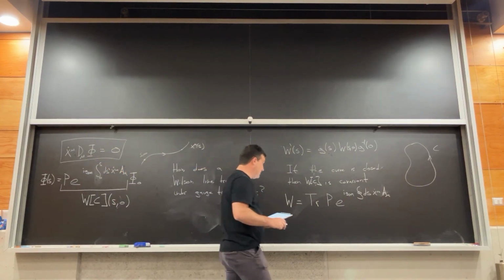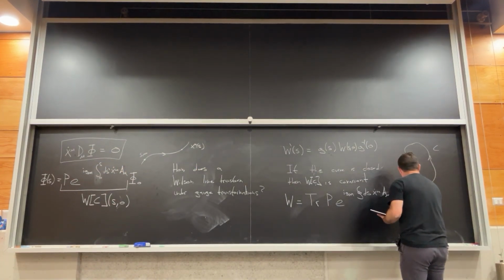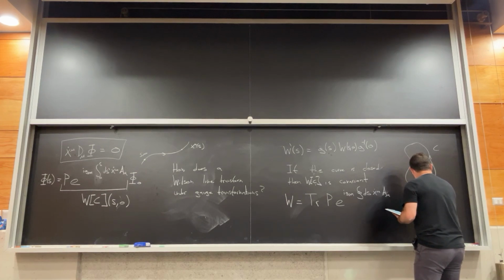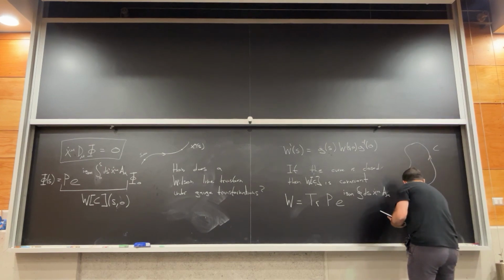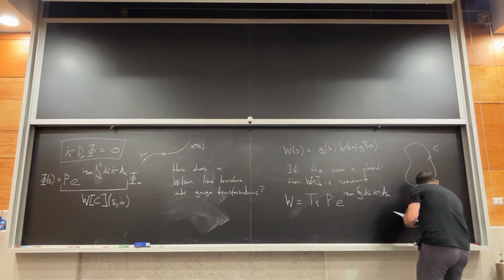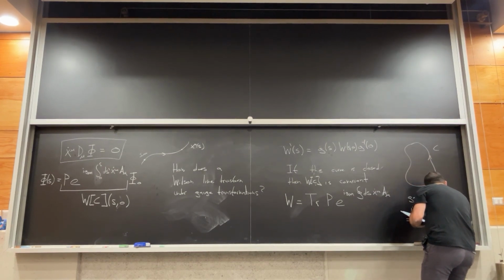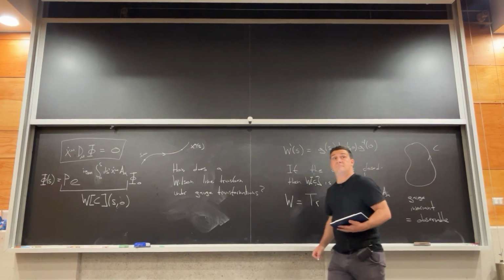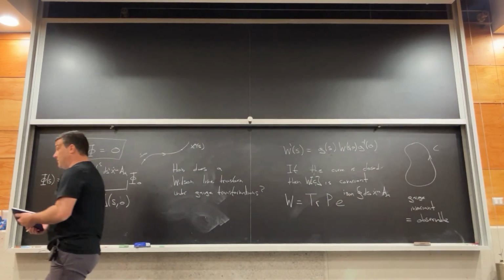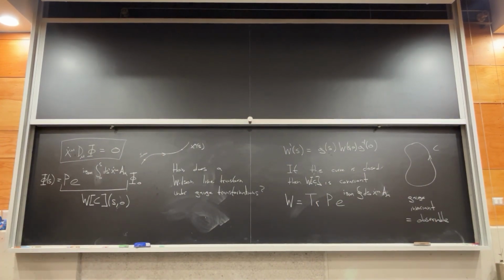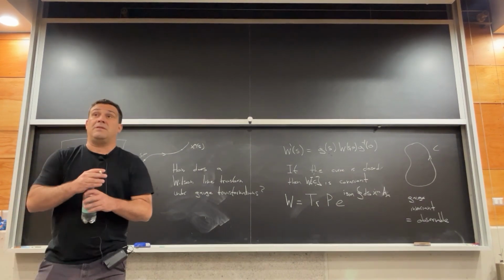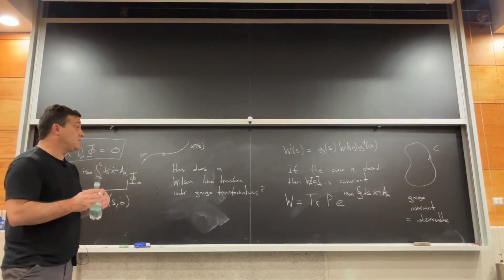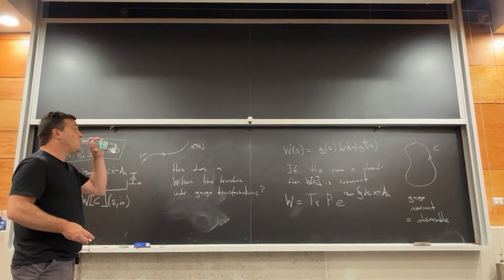So the point is that this guy is gauge invariant, and therefore it's an observable. Okay? So observables are gauge invariant in gauge theories. This guy is gauge invariant and it should be observable. And in fact it is, and there are many applications. The best known